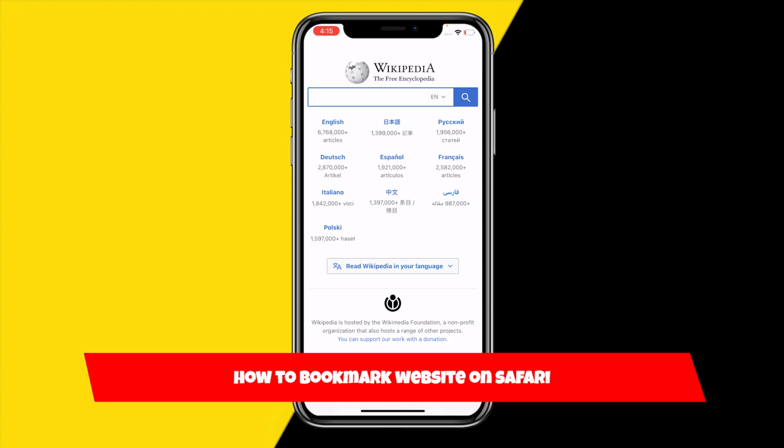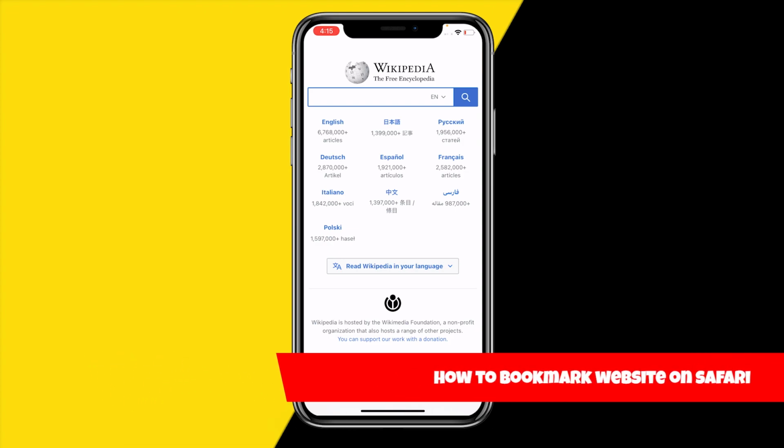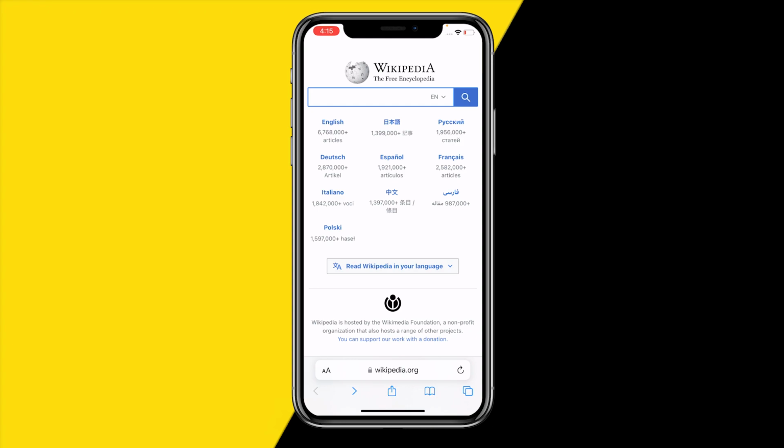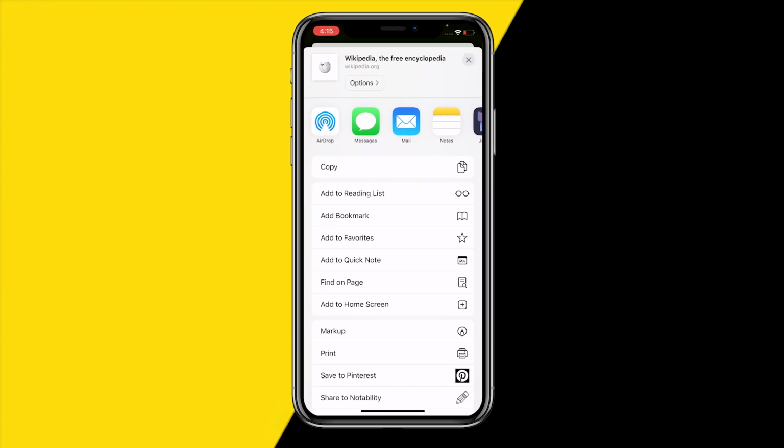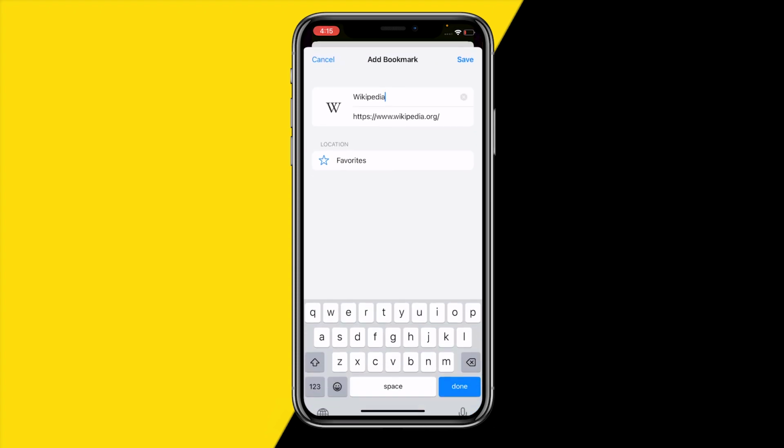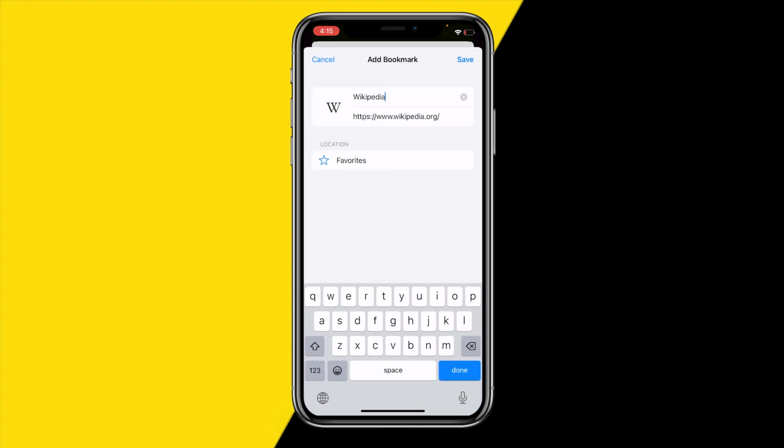In this video I'm going to show you how you can bookmark a website on Safari. In order to bookmark a website on Safari, it's really easy. Just head over to the Safari app just like this, and once you've done that, simply click right here at the bottom of your screen at that share icon just like this. And once you're at this page, just scroll a little bit down until you find Add Bookmark. Then right here you can change your name, URL, and once you've done that, just click on Save